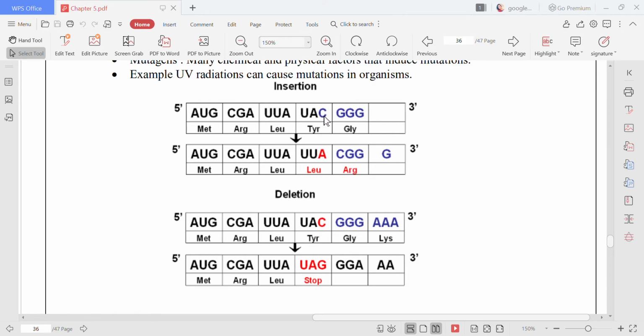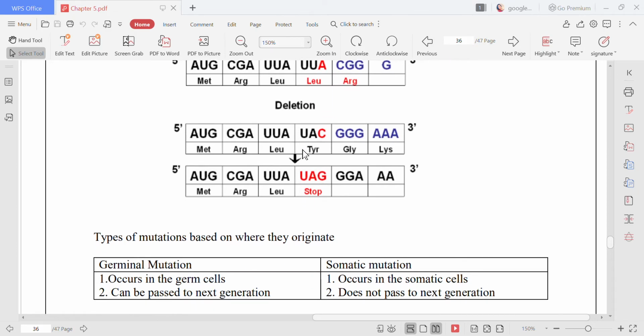Then this C will shift on to the next one. Now the genetic coding will be CGG, see. So again the amino acid has changed. So from here, because of the addition or insertion of only one base pair, the amino acids change. Now this is mutation. Otherwise the genetic code was the same till here, but because of the insertion it has changed. So this caused mutation. Now there is another example, of deletion.